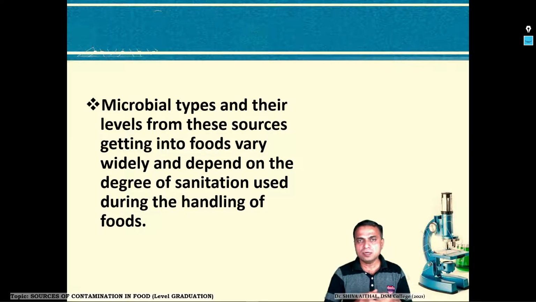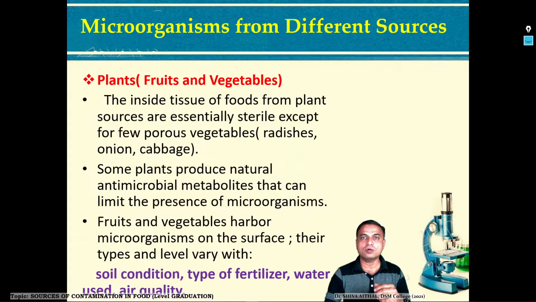Remember, when a food is being prepared in a closed environment for years together, it becomes a very good environment for the microorganisms to adapt and thrive even without being noticed. So the types and their levels vary greatly, and it totally depends upon the sanitation, how clean that food kitchen or the environment is, where the equipment is, and how healthy the person who is handling is. This is one of the important aspects in food quality.